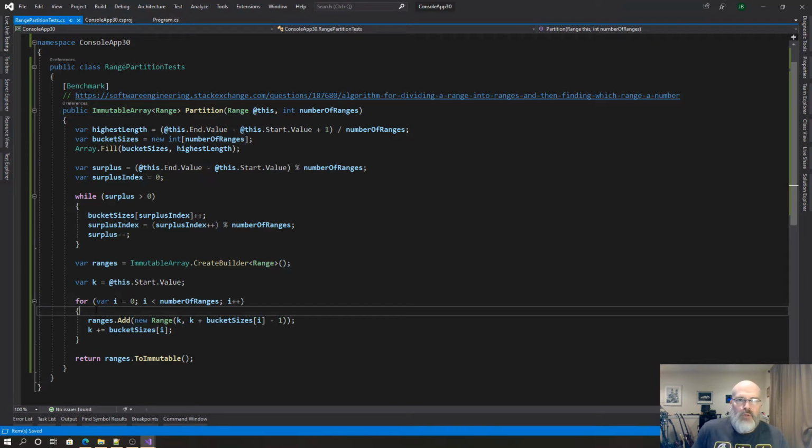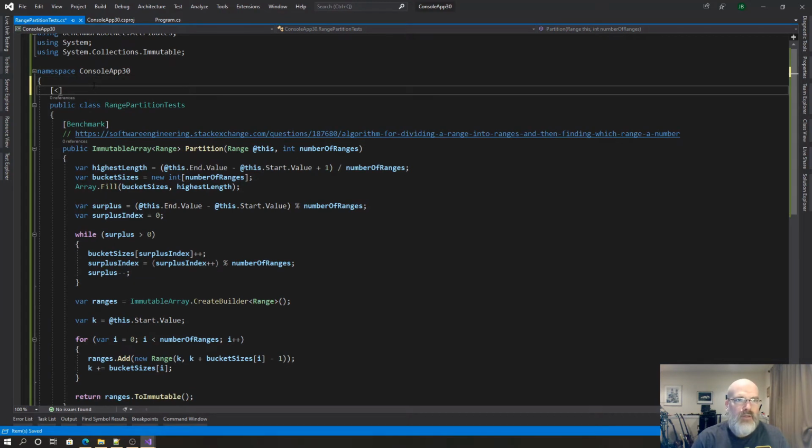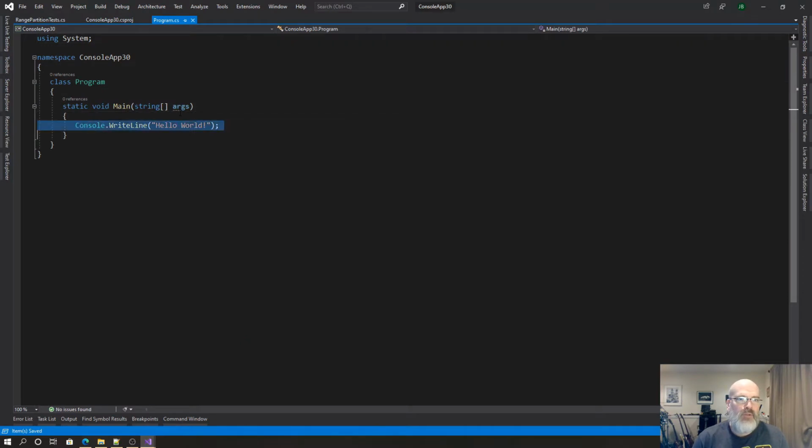Okay, so if you have a range of 1, you just return the range. If the number of ranges is 2 or above, this may not make as much difference. But if you have a larger number of ranges, then you don't have to keep like an 8-element array around. So the memory here won't be that big of a deal. Okay, but it's worth trying. So the first thing I want to do here is say